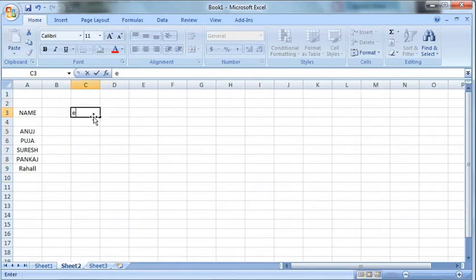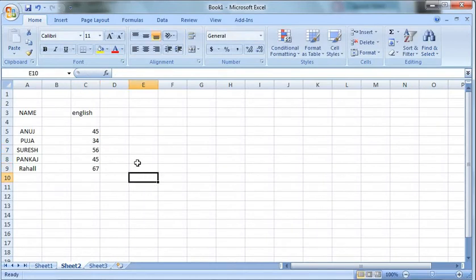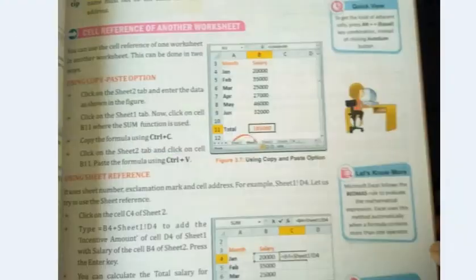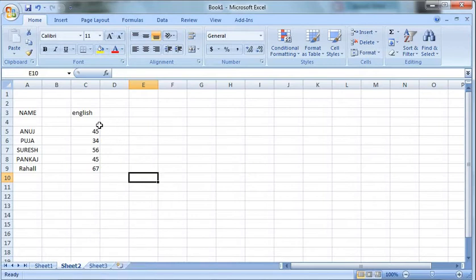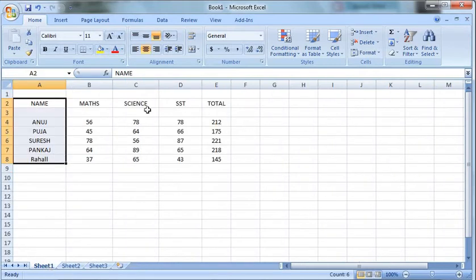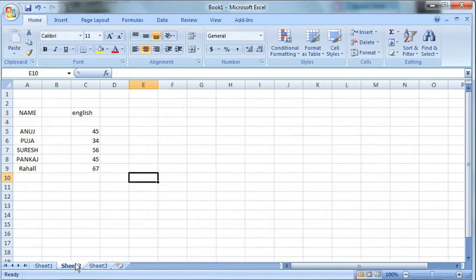English, and here suppose his marks are 45, 20, 34, like this. So suppose here in Sheet 1, this is Anuj's Maths marks, Science marks, SST marks, and this is the total. So I want the addition of this total of these three subjects with this English.